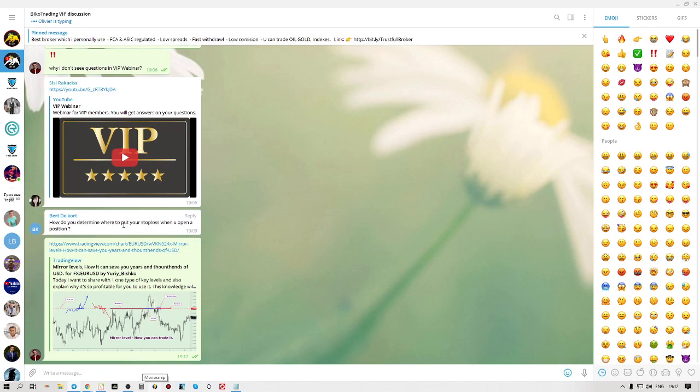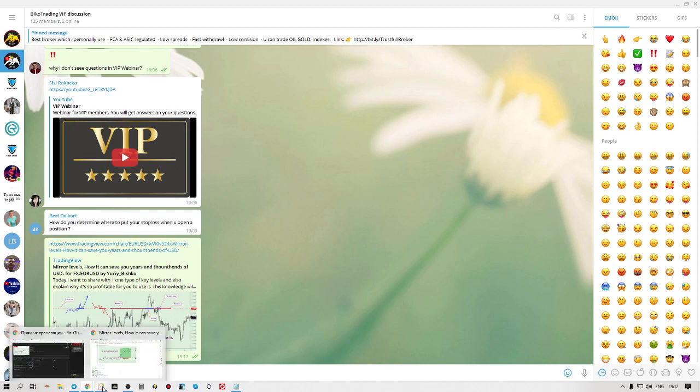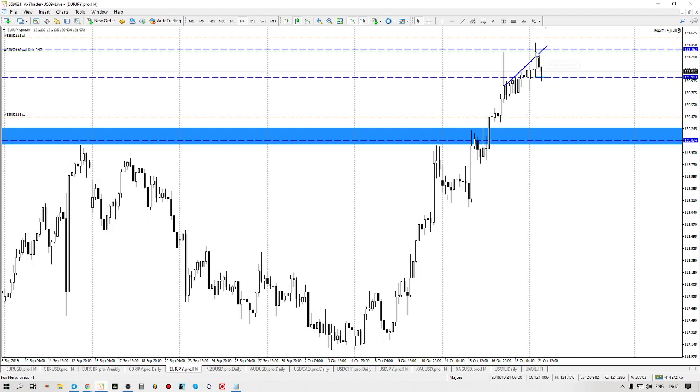How do you determine where to put your stop loss when you open a position? You have two ways to set stop losses. When you trade the false breakout strategy, the best stop loss will be after the tail, for example, below or above the tail. For example, like here on euro versus Japanese yen. Price made this false breakout